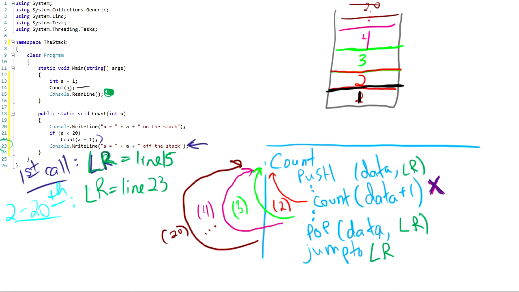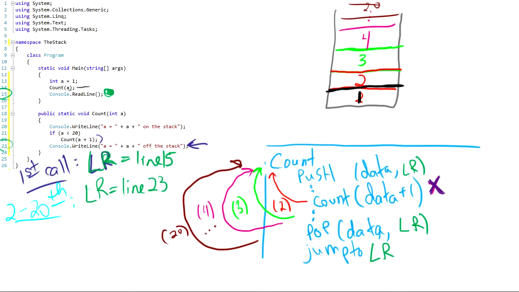Yeah, line 23 and line 15. So the first call sends in the data 1, it pushes that on the stack, and the link register of line 15, but then all the other times that we have the method call itself, it pushes the data, which is the numbers 2 through 20, and the value that the link register has, which is line